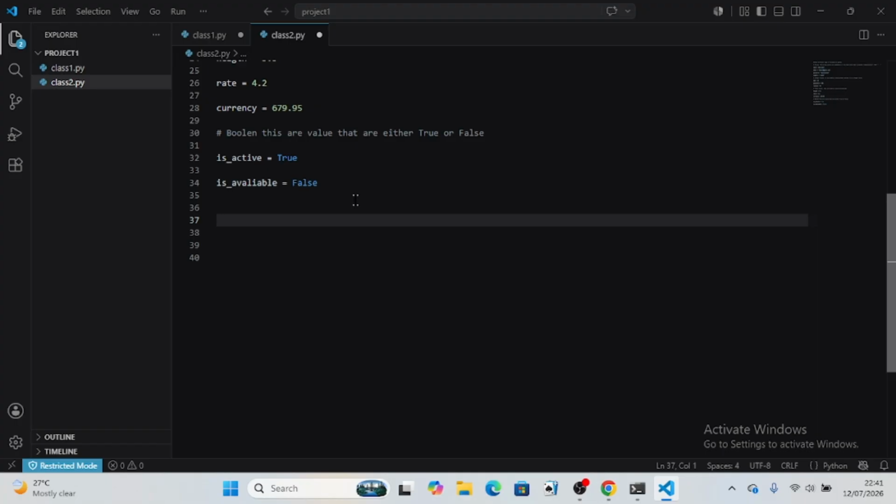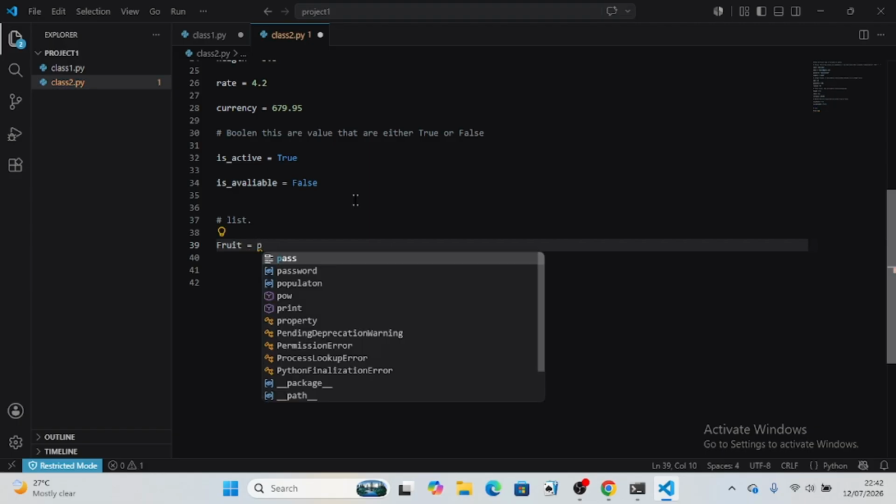In that case, we'll be looking at lists. So the first kind of value that can take in multiple items is the list. If I want to store multiple items inside a single variable, I can use a list. Now let's take, for example, I have fruit,